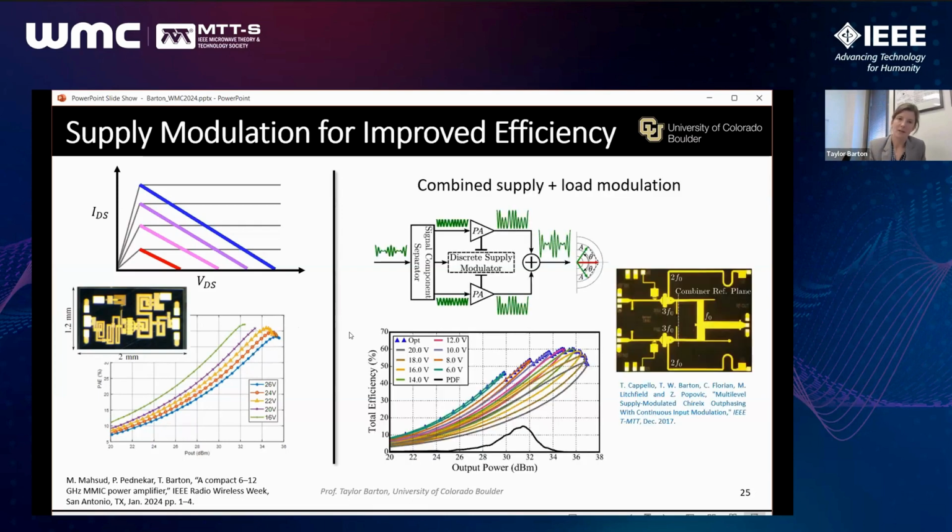And then we actually took the PA from the previous slide, the outphasing PA, and added supply modulation to it, so we can combine these techniques with each other and get outphasing curves that are also benefiting from supply modulation. And that really builds in a lot of efficiency into backoff. So in this example, this is like a 4-watt PA, but then at 1 watt out, we're still at something like 45% efficiency, and that includes the supply